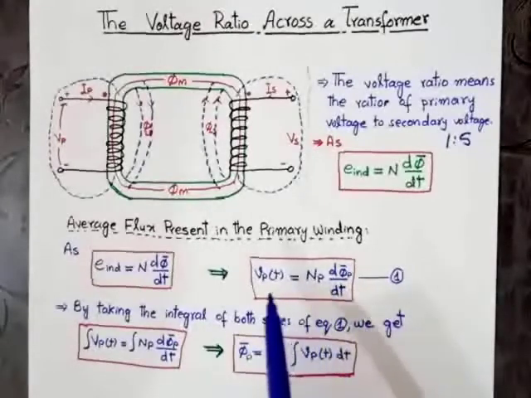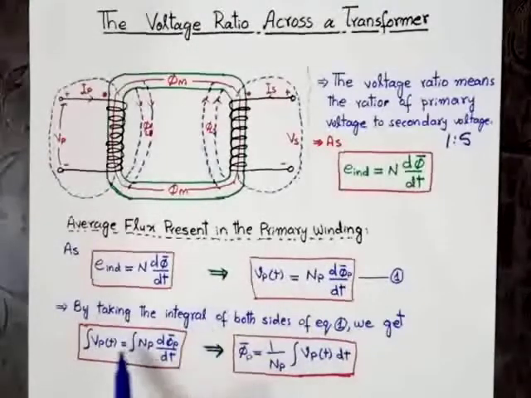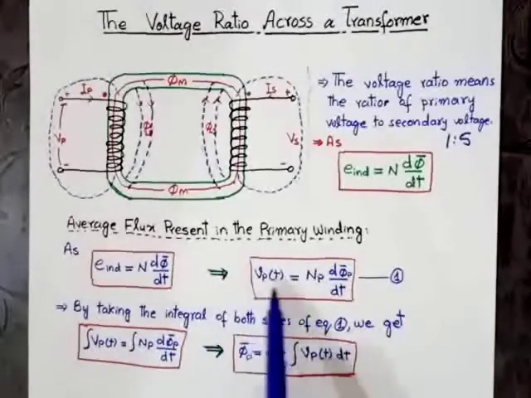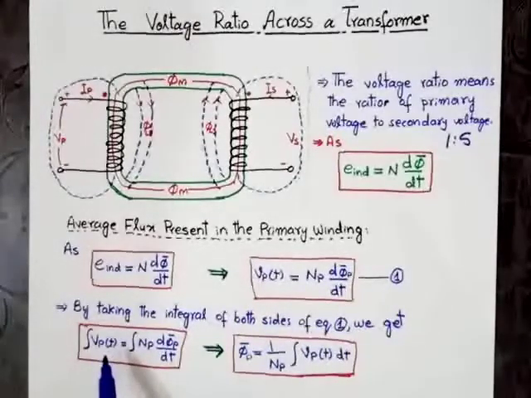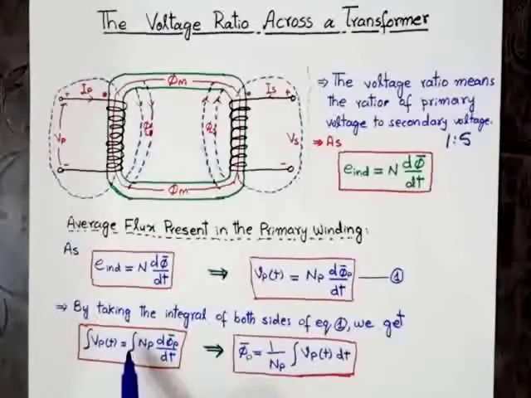By taking the integral of both sides of this equation, as we know, the integral is basically the reciprocal of the derivative. When we take the integral of both sides, the derivative and integral will cancel out, and the remaining factor will be the integral of Vp(t)